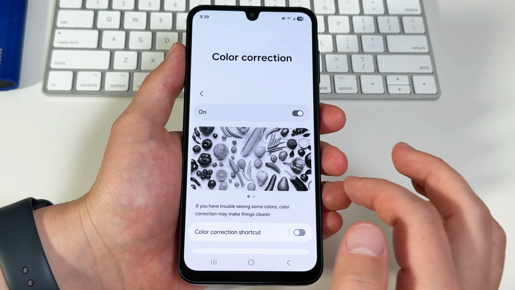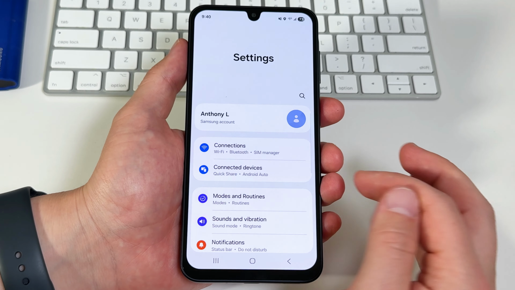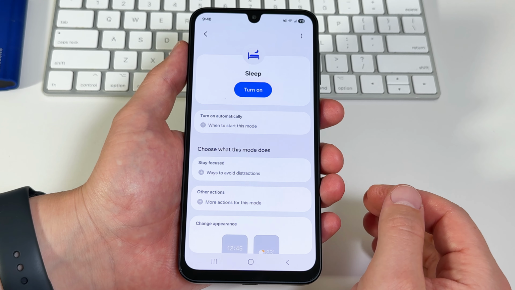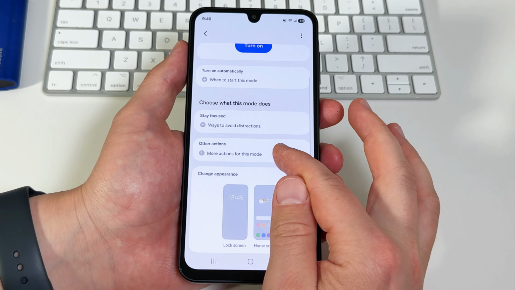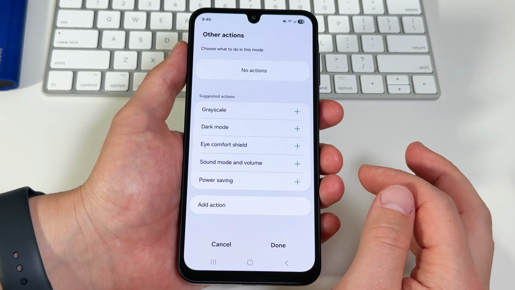If you don't want a black and white screen all the time, you can also schedule this. I can go to Settings and from there to Modes and Routines. Then I can add Grayscale screen to be a part of any mode on my phone. I could, for example, make it a part of my sleep mode. I can go to Other Actions, and there's a variety of actions I can assign to this mode, including the Grayscale display. I'll add it to my sleep mode, and now whenever sleep mode turns on, my screen goes black